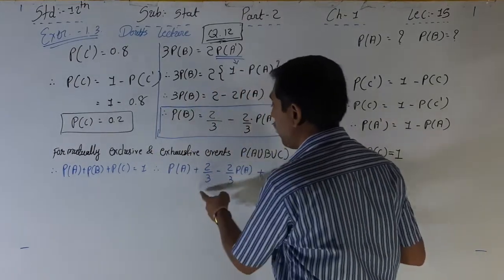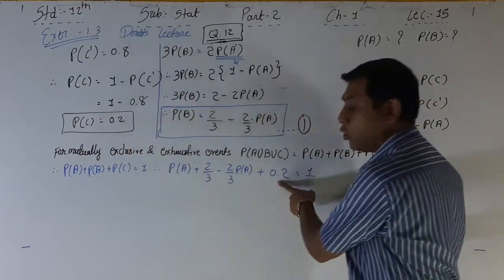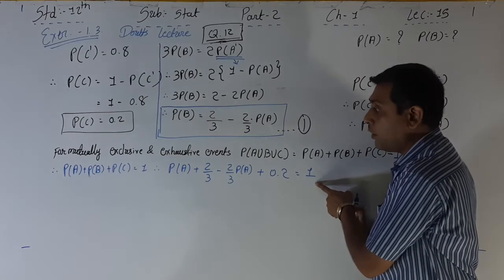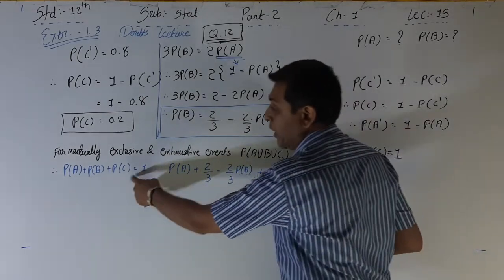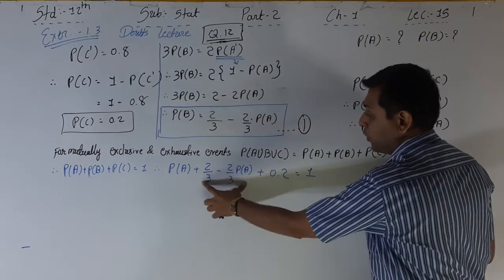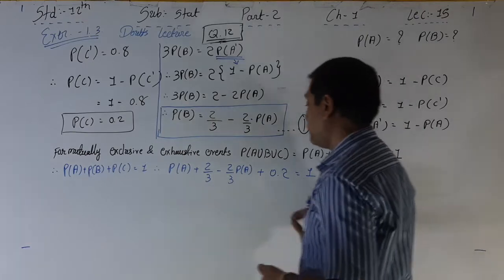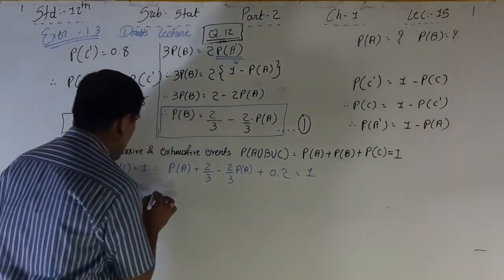And I am putting the value of P of B here. Right? And P of C is equal to 0.2, and the sum is equal to 1. As per the formula, A plus B plus C is equal to 1. So A plus this one, the B plus C, is equal to 1. Now, see here, we just have to write down that therefore